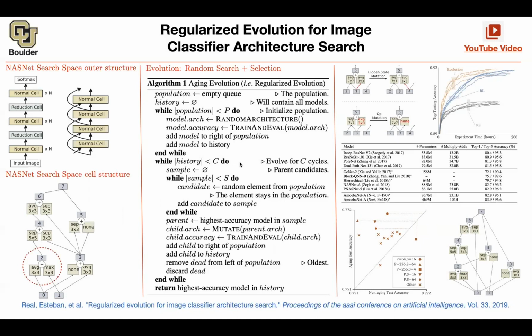Any questions about this? One cool thing about these evolutionary algorithms is that they are much faster than reinforcement learning because they are highly parallelizable. These while loops, these for loops, any loops that you have, you can do them in parallel. That's an advantage. That's why in less time, you're coming up with better architectures.